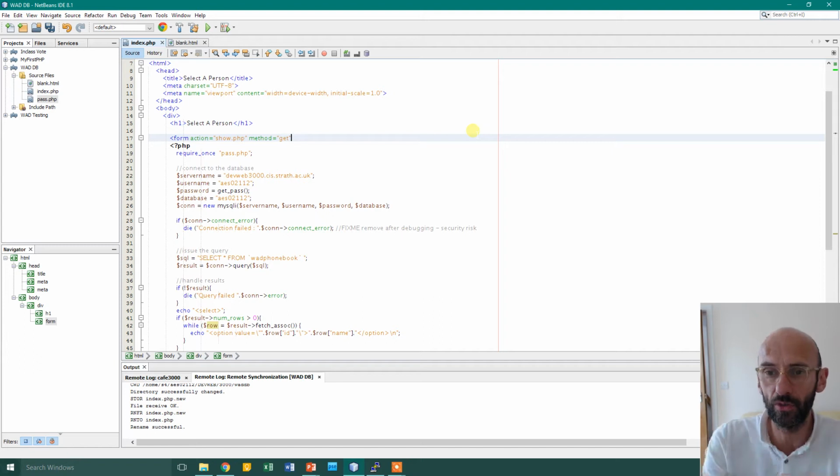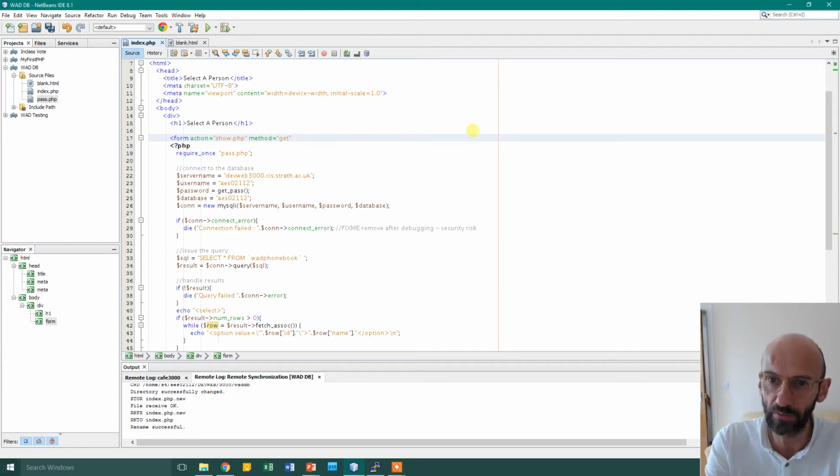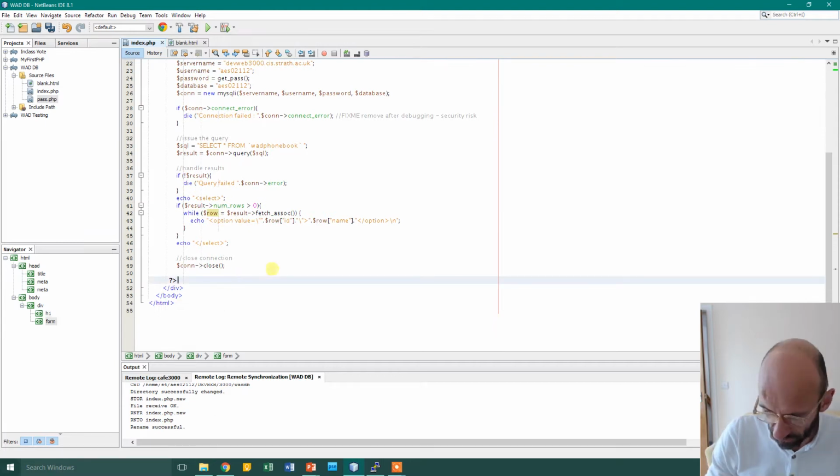You've got to make 2 decisions here. Get is useful because you get to see the parameters on the URL, so you can check that you're doing things right. You've also got to think get or post, which is more natural. Get is more natural for showing elements because you can bookmark the displayed page, and that's kind of what we want here. Post is better for when you're making changes to the database. We're not going to make any changes here, so get is better. So that's the start of the form tag. The end of the form tag is after this,